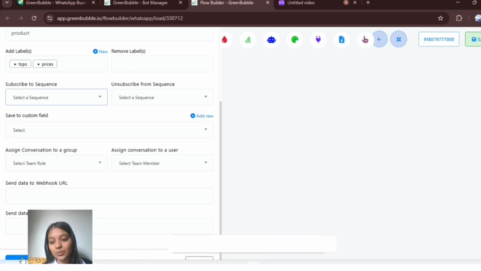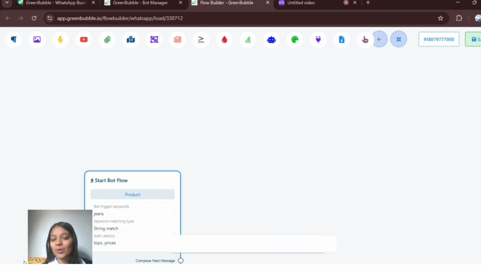You can start working with your bot, and whenever the customer enters that keyword, the flow starts. For example, on day one, the bot will send different links to the jeans present in the business. The bot simply tells more information about the jeans without the customer asking. That is completely the logic of the sequence.